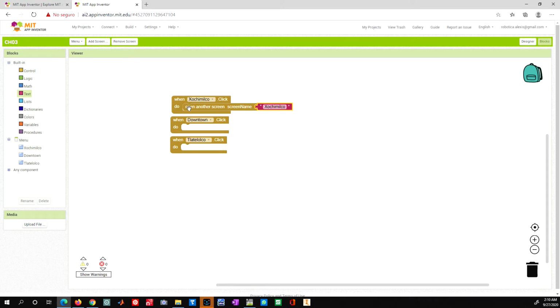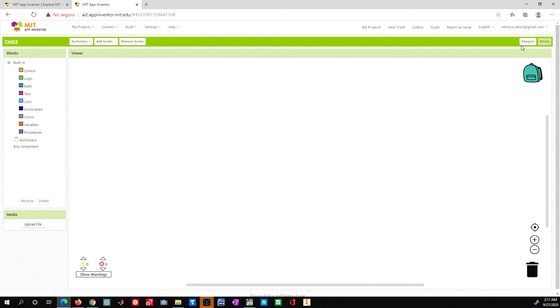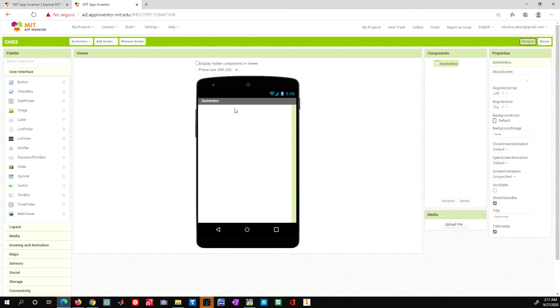And the same goes for downtown and for Tlatelolco. So let's say downtown and Tlatelolco. And that's it. All I need to do now is go into the Xochimilco screen, and then I want to display